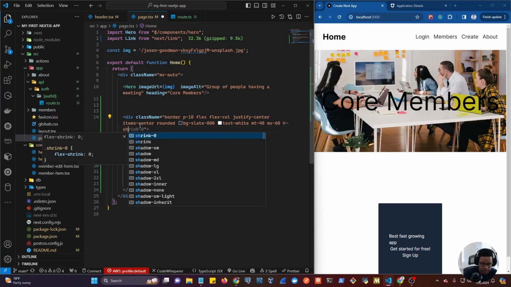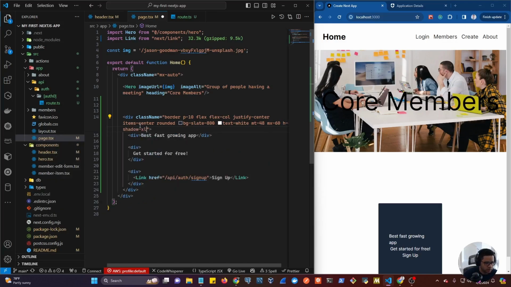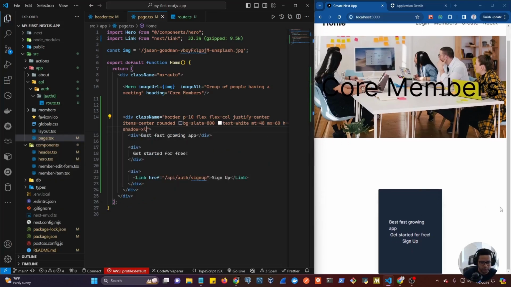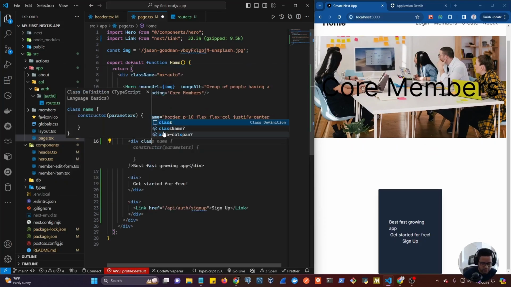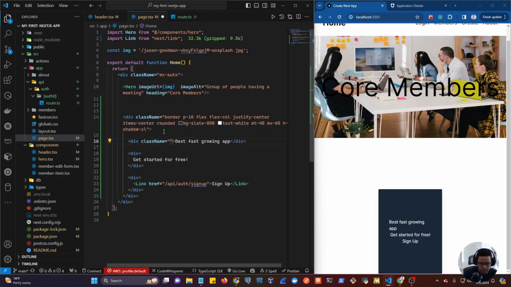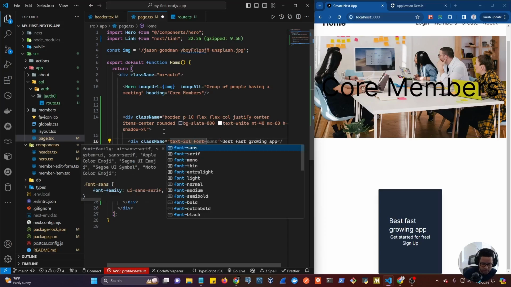We got shadow-xl for some box shadow. And then on the next div, we're going to do class name. Let's do text-2XL. Cool. And then we're gonna do font-bold